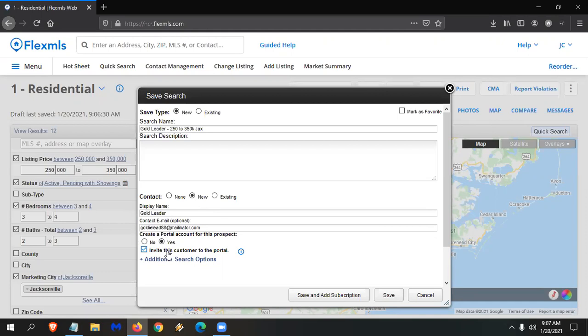So again, the portal is a website your client can log into and tell you what they like and what they don't like. It's interactive. Now, I want you to understand what the portal is and why it's important, especially right now with how the market is working. The market is really hot right now in a lot of places across the US. The two reasons I find that the portal is so important is, number one, it is live, up-to-date